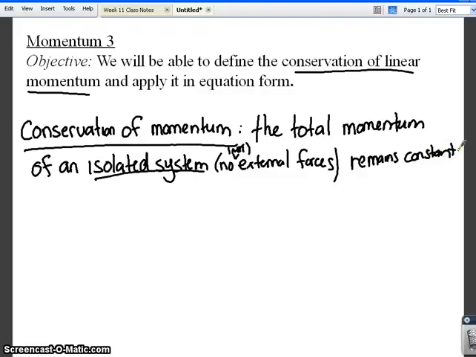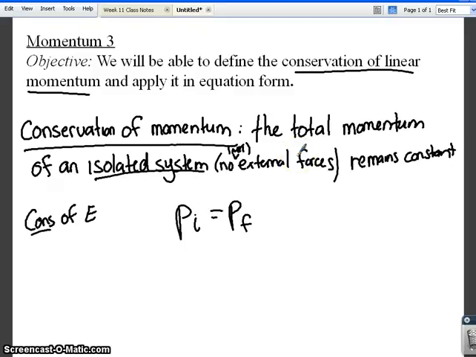This concept of conservation should be familiar to you because you're already used to conservation of energy. And so now we're just going to apply the same thing to conservation of momentum. Or essentially, the momentum initially equals the momentum finally. So the initial momentum will equal the final momentum in a given state that has no net external forces acting